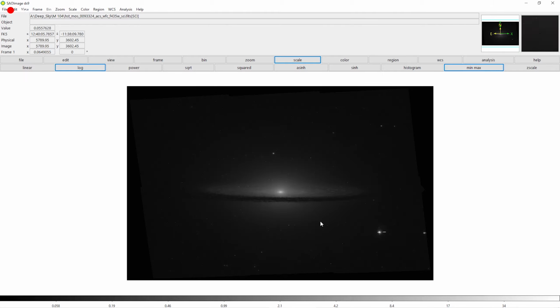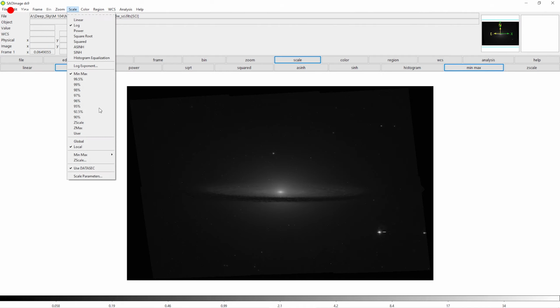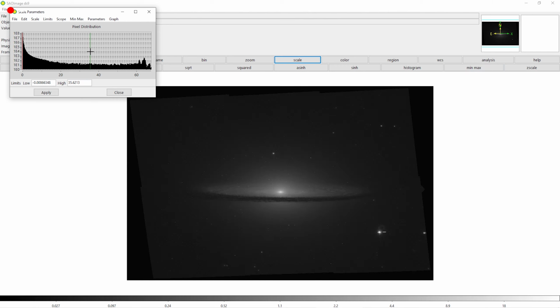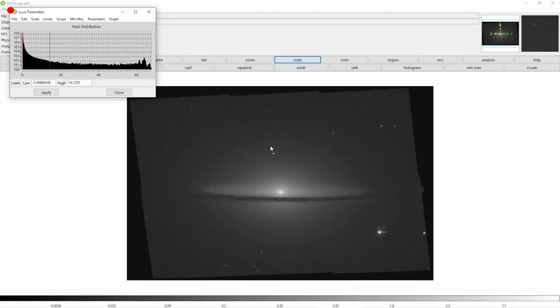And now what we're going to do is tweak the parameters. This is the right slider and this is the left slider. We usually don't need to tweak the left slider because it's always set to around 0, and that works almost fine. We are going to tweak the right slider, and as we tweak it, we see the data coming out. What we need to keep in mind is don't stretch it too high because it's going to blow out the highlights. As you can already see, the core is starting to blow out.